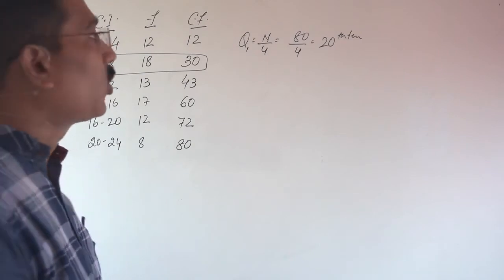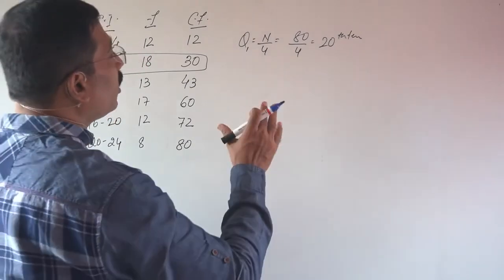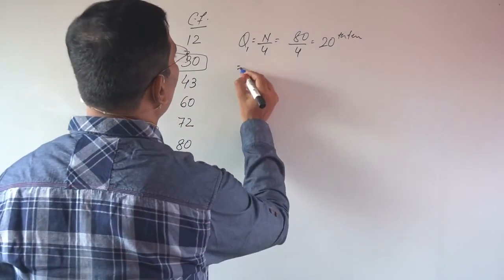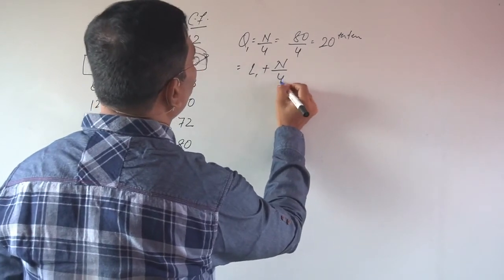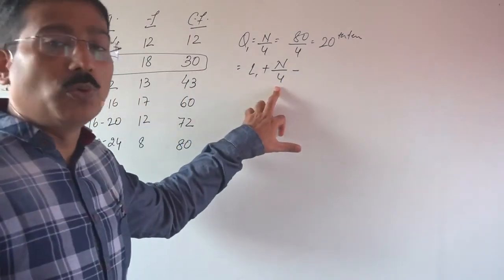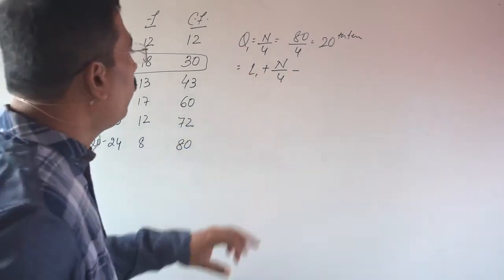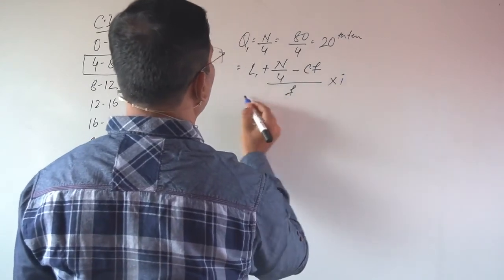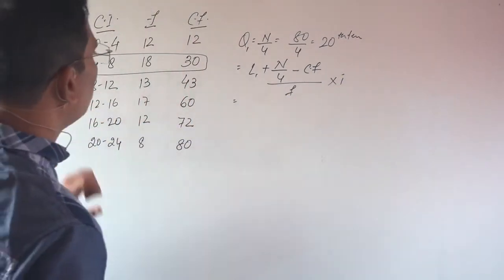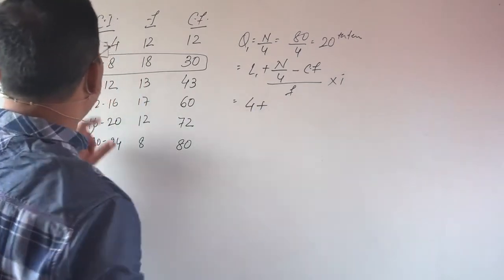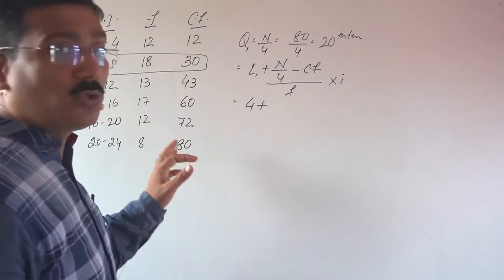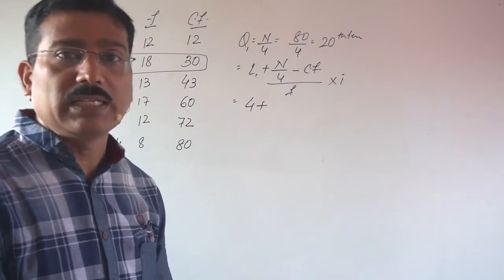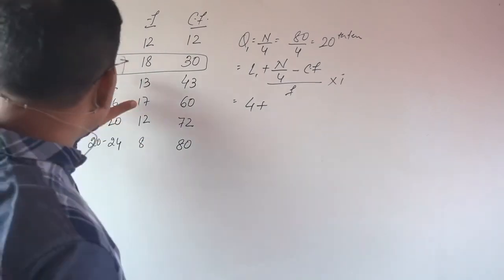Then what is the value of Q1? How will you calculate that? Here you will have to adopt the formula which you used in the median. There is no change: L1 plus (n by 4 minus CF) upon f into i. In the median you put n by 2, but in Q1 here it will be n by 4. Now what is the lower limit? That is 4. The answer should come between 4 and 8. If the answer is beyond this limit, less than 4 or more than 8, in that condition the answer will be incorrect. So the answer should be consistent with this figure.